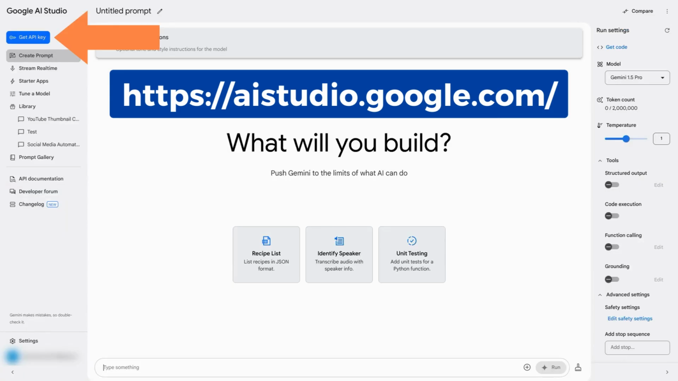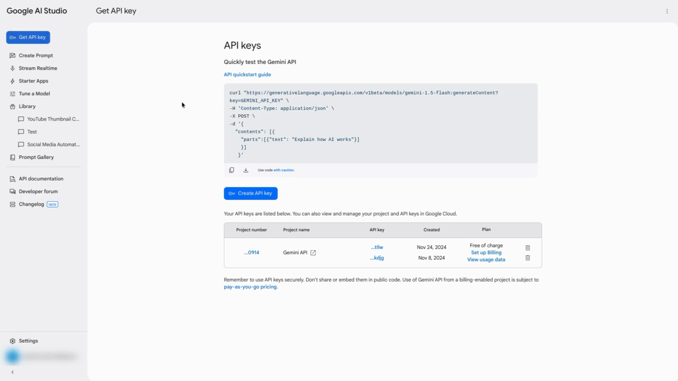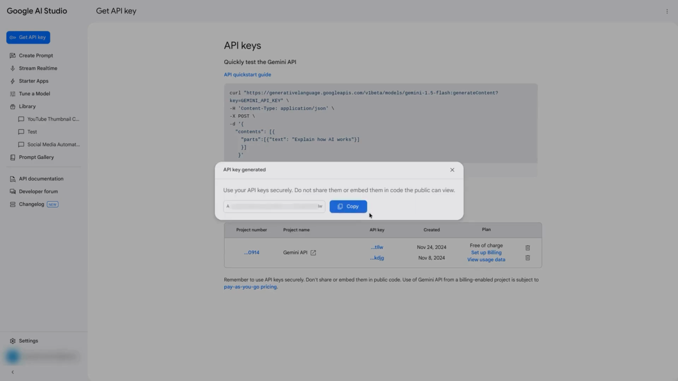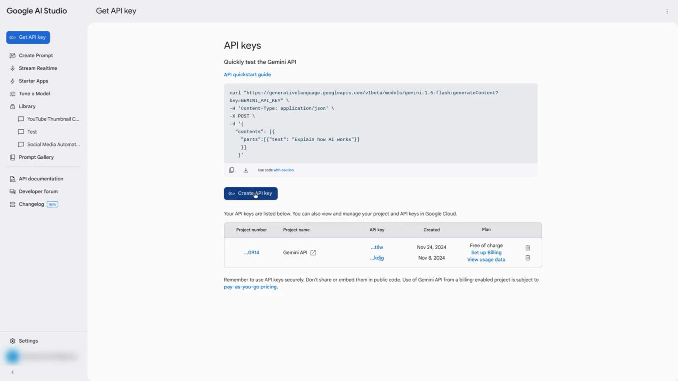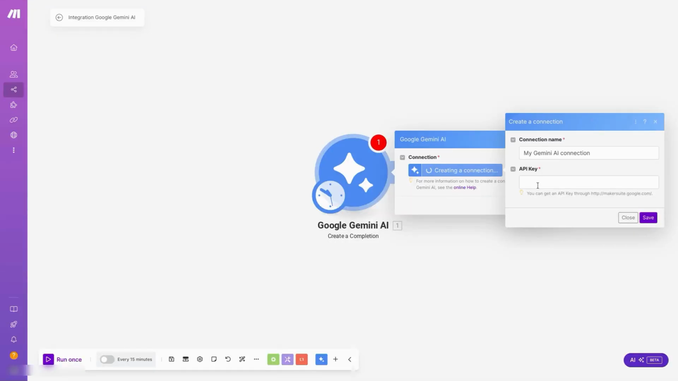In another tab or window, navigate to aistudio.google.com. Go to the left navigation, click on Get API Key, and if you don't already have API keys created, then click on Create API Key. Select your Google Cloud project and create API key in existing project. Copy the API key, make sure you keep it secure, or you can just grab one of the ones that you already have. By clicking on it and copying it,